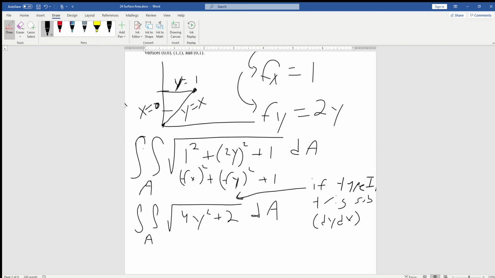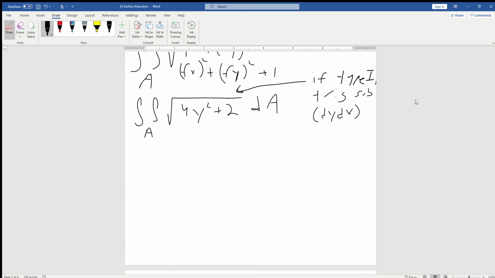We're going left to right because we want it to be a type 2 integral. Notice that x is going to range from 0 to y, and then y is going to range from 0 to 1. Okay, so 0 is less than or equal to x, which is less than or equal to y, and then 0 is less than or equal to y, which is less than or equal to 1. So our double integral